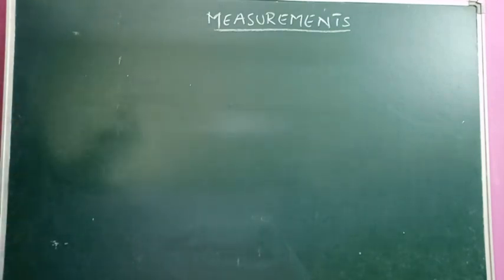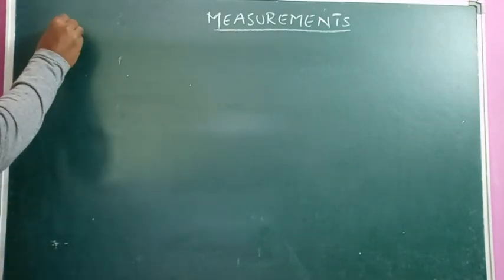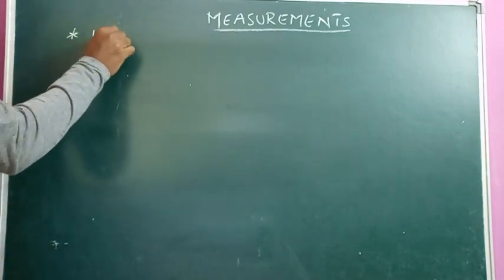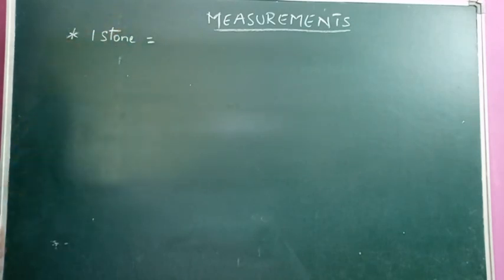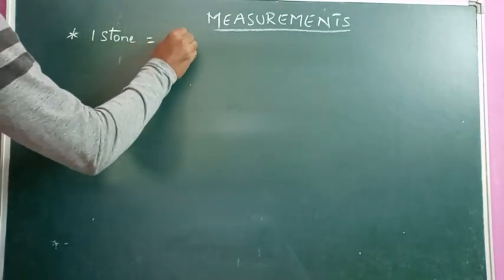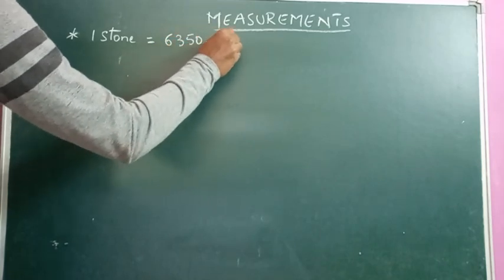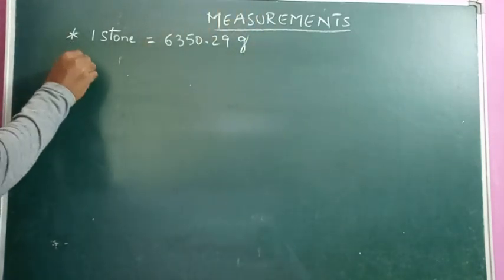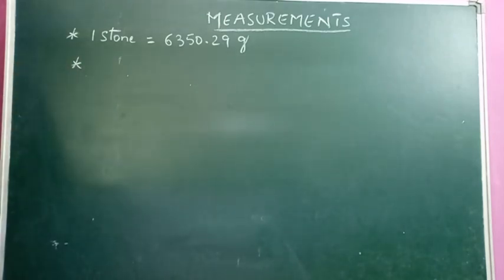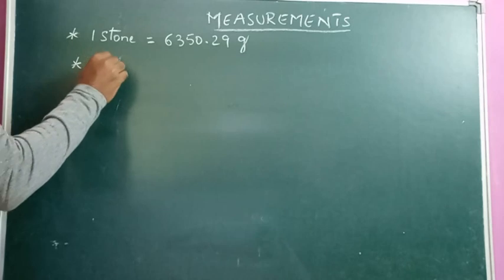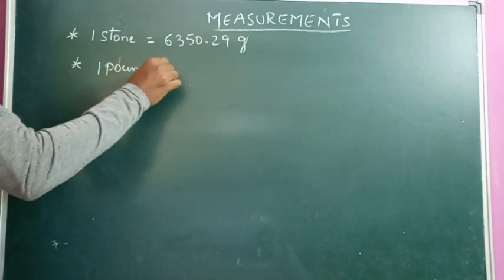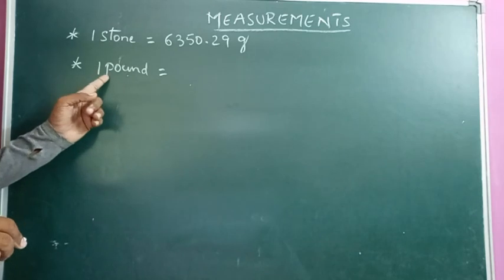In that, 1 stone is equal to... As we know that mass is measured in kilograms, grams, tons, centigram, decigram, decagram, hectagram, and all the multiples and submultiples. In the same way, 1 stone is equal to 6350.29 grams, and as we know that the unit for mass in FPS system is pound,